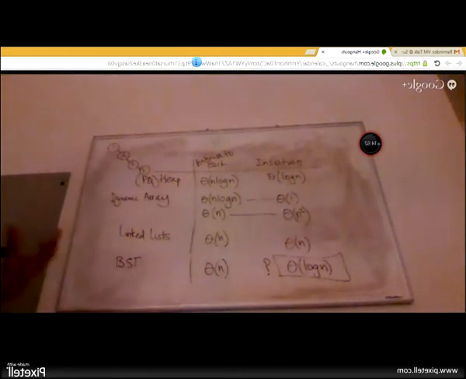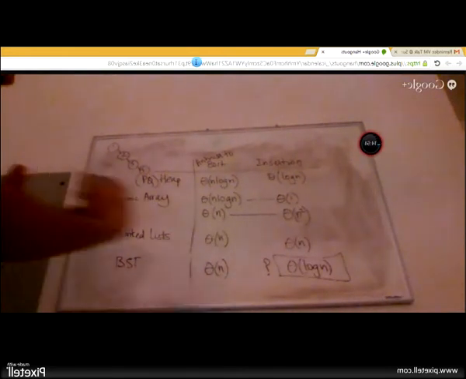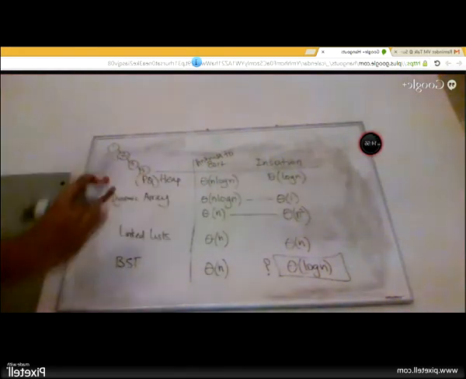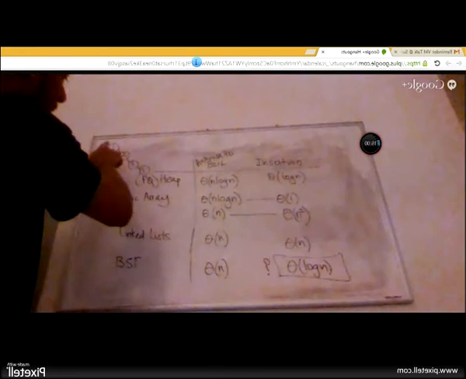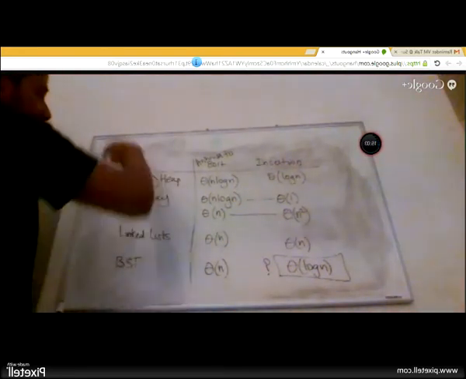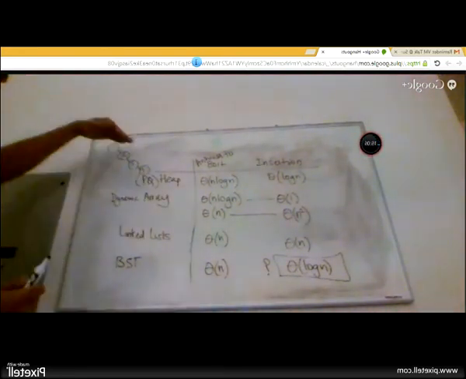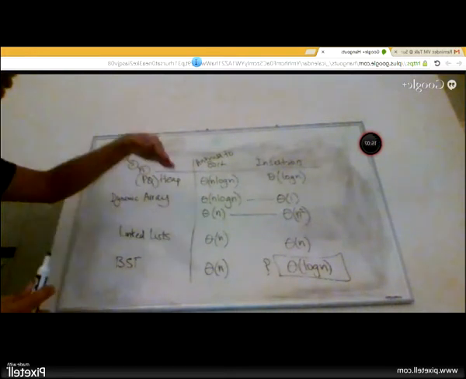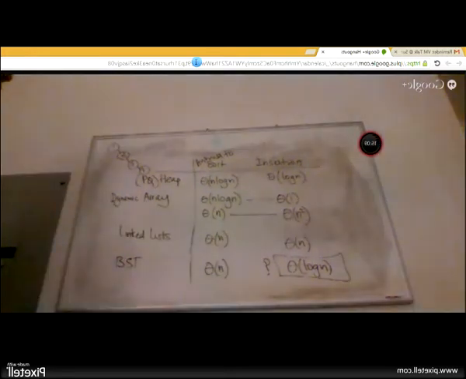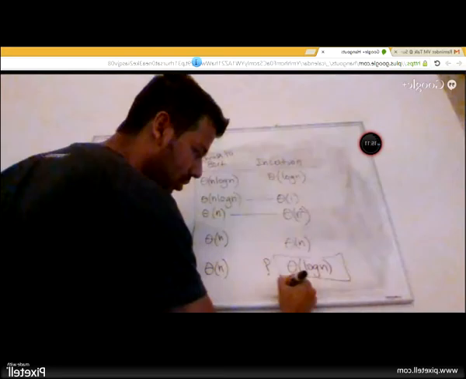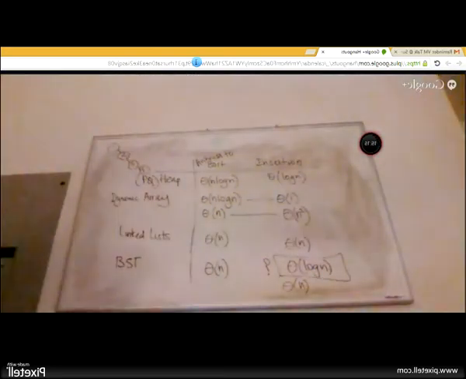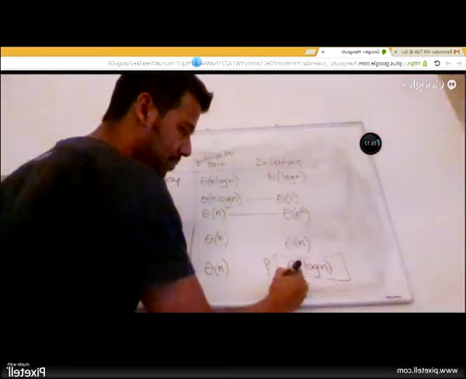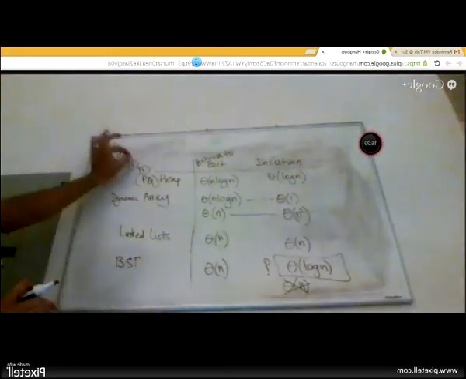We don't want our binary search tree to go deep. We want it to be wide but not deep. So when it becomes like this, the insertion time has become that of a linked list now, right? It's just 1, 2, 3, 4, where only the right child gets populated. So the time complexity reduces to theta of n, just as a linked list. But this is like the absolute worst case, right?